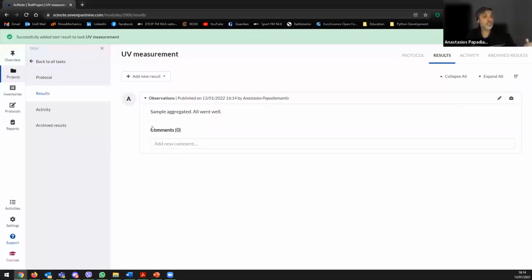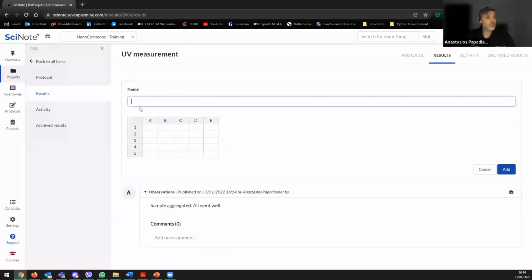And the good thing is that when you do that, either you or the person that is working with you in the projects can come and add comments. You can also add tables, as we said. So more or less what you can do here is you do your measurements, you measure 3 different absorption peaks, different wavelengths. You can put in here the different numbers that you got. You should not get different numbers for this, hopefully. And then you can use more or less